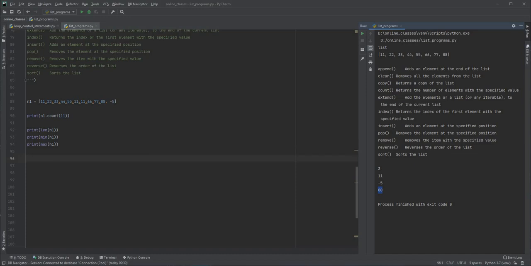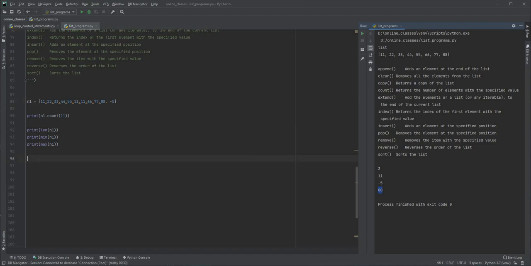We can also use the in operator as well as the not in operator on the list. Now if I want to check whether the number 55 is present in the list or not, I can say like this.